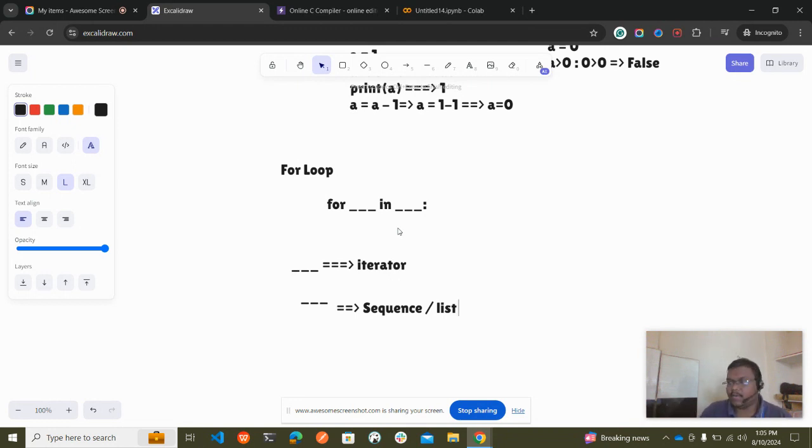For example, if you have a collection of books, so these are the books. What I need to do is iterate over the first book to reach the second book. For example, if I want to go to this third book, what I need to do is first trace this book.